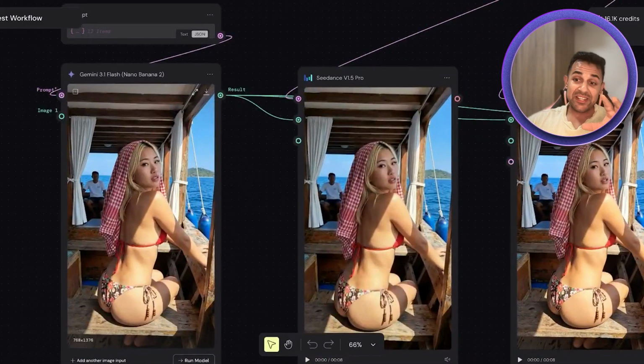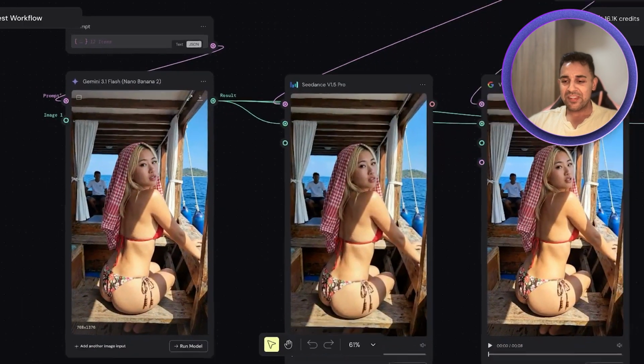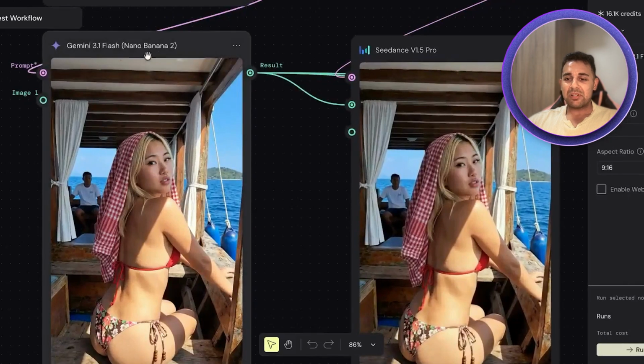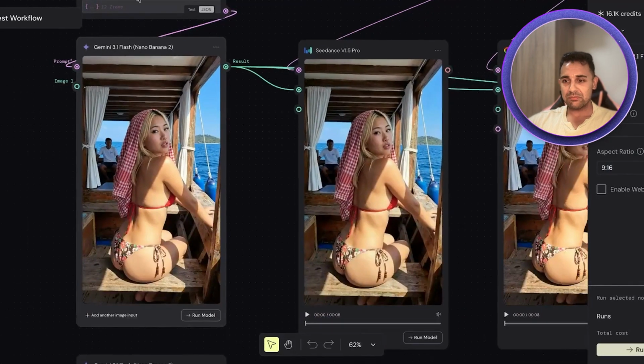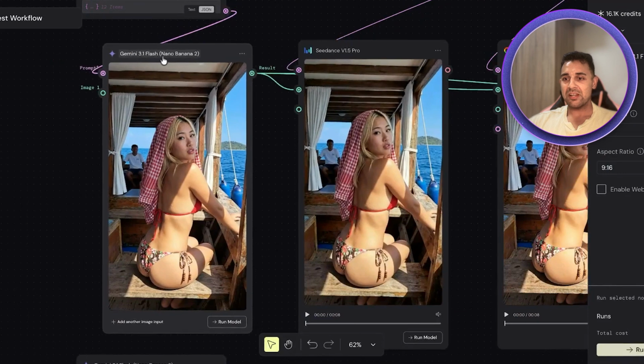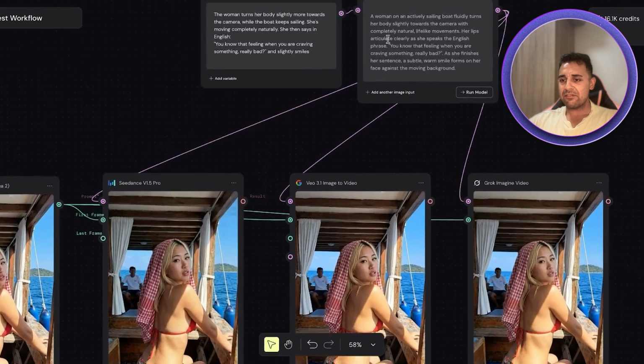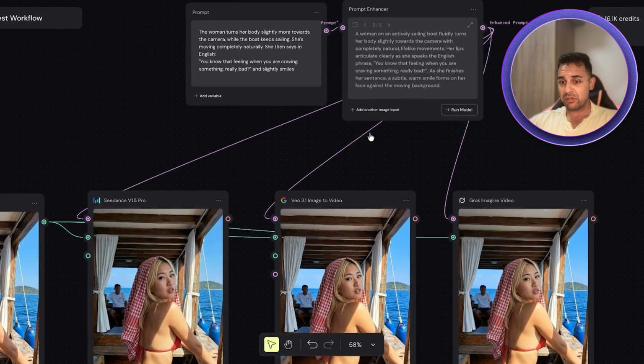Yes, that is correct. In this case, we're actually going to be promoting a protein bar. We decided to go with this pretty AI character sitting on a boat. And here we use the model Nano Banana 2 from Google. In my opinion, this is one of the best ones out there on the market. And you can use it for basically anything that's legal, of course. So in this very beginning, I have made the prompt, enhanced it with the prompt enhancer,